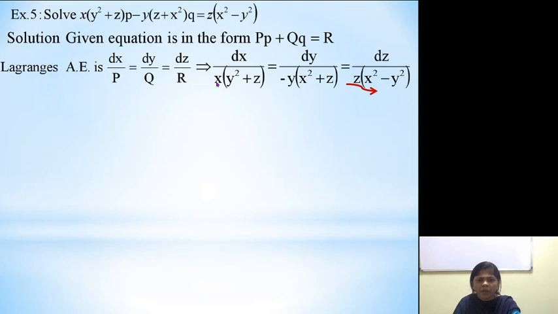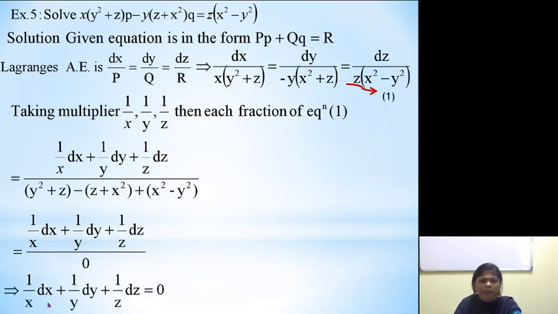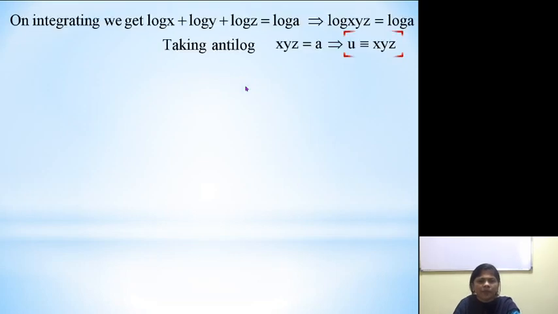Now what we find here, even though I am getting the terms of x, y, z, there is no uniformity. No uniformity means I am not getting equal power for all the terms. So in this case we will think about this. First of all, try to cancel out these terms. X is a common term, so we will take 1 by x, 1 by y, 1 by z as multipliers. So you will find that the terms will get cancelled. Now integrating this, we get a desired solution.